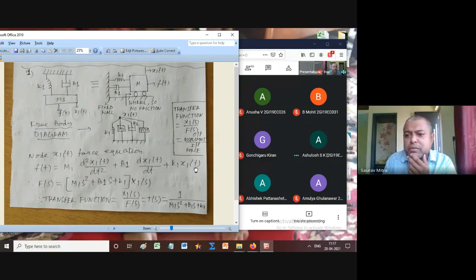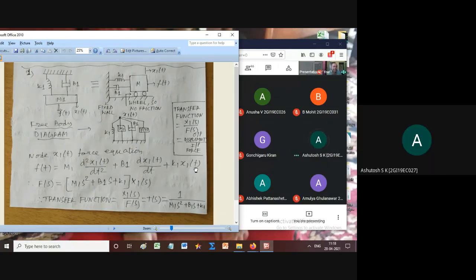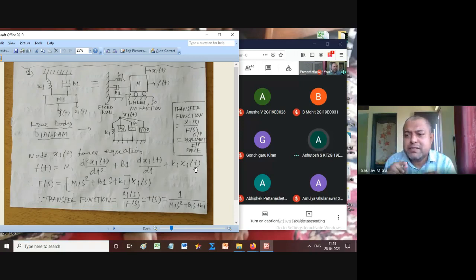So that's what I told you to remember three things: x(t), dx/dt, d2x/dt2. x(t) is displacement, dx/dt is velocity, d2x/dt2 is the acceleration. Force is equal to mass into acceleration. Force is equal to friction into velocity. Force is equal to spring constant into displacement. These are the three force components, where whatever force or voltage you are giving gets absorbed into inductive voltage, resistive voltage, and capacitive voltage. Same thing we found in the case of the electrical circuit.